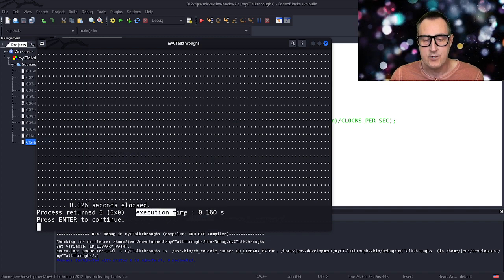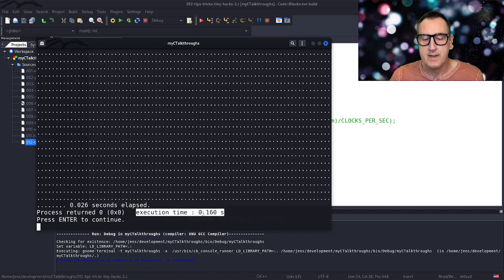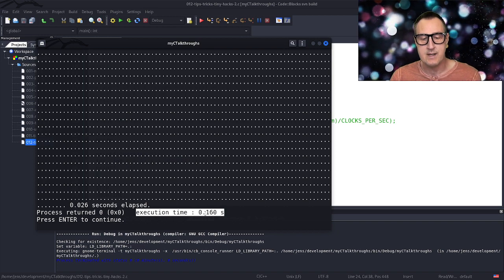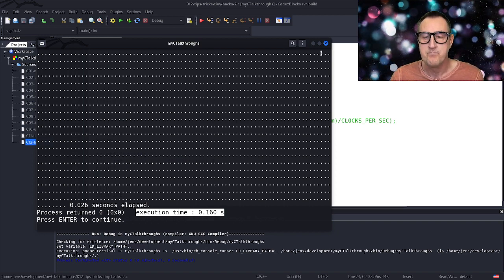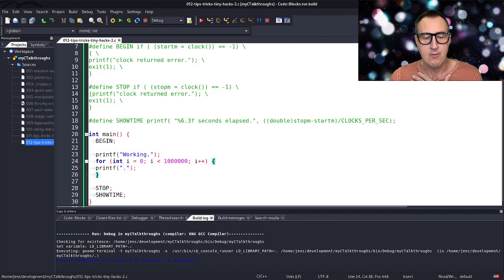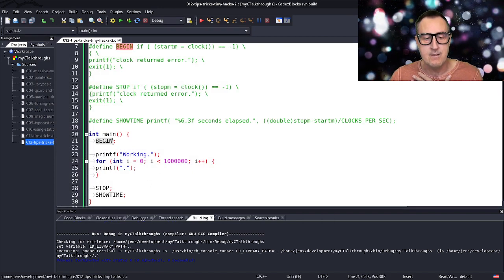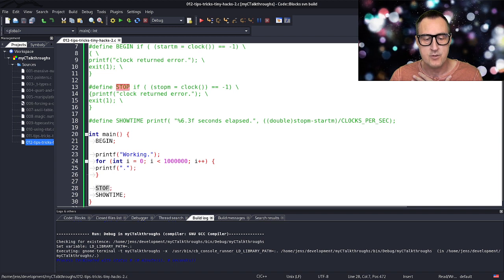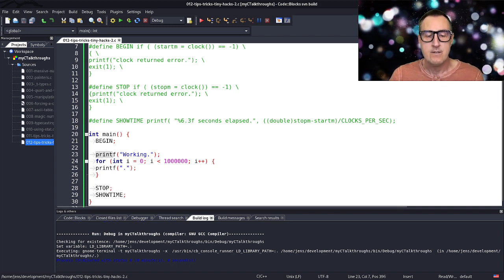The execution time here shows it ran approximately 5 times longer, but we can be sure in our little program that between begin and stop